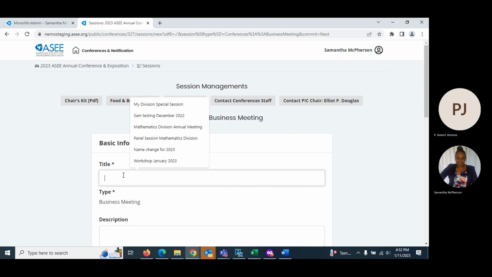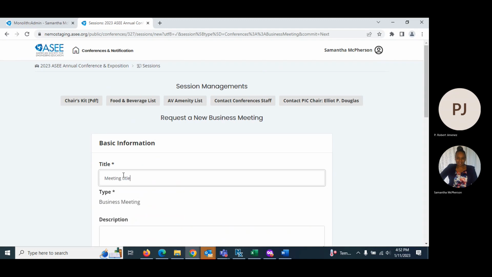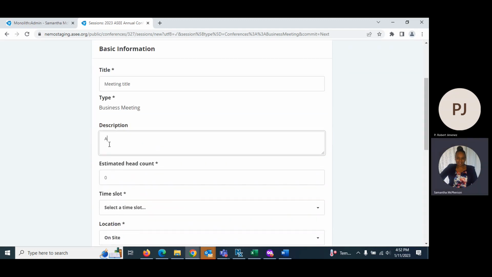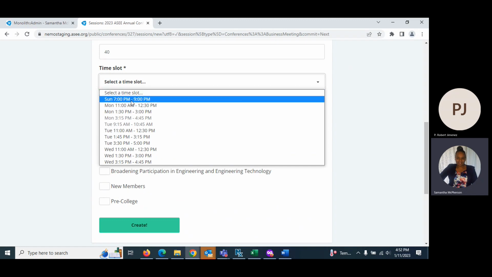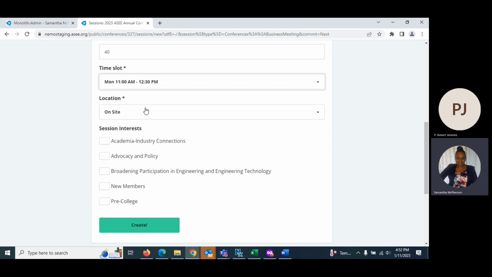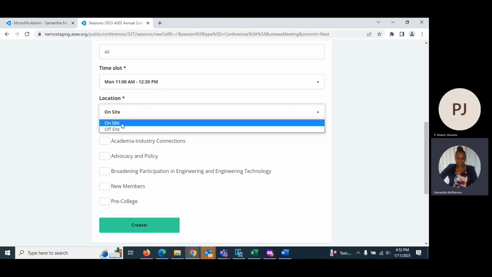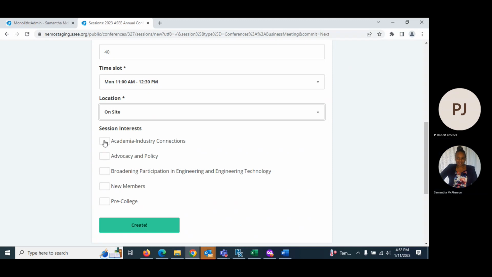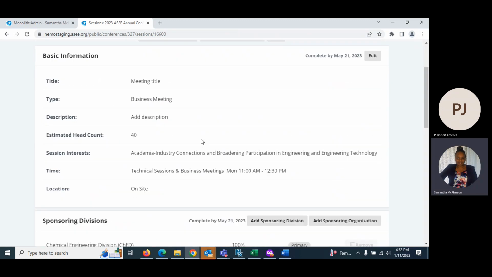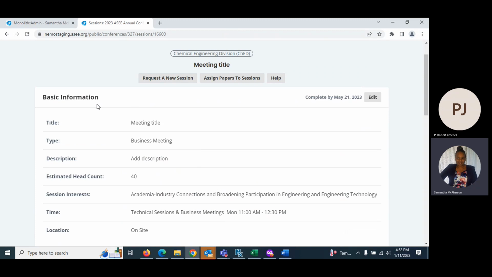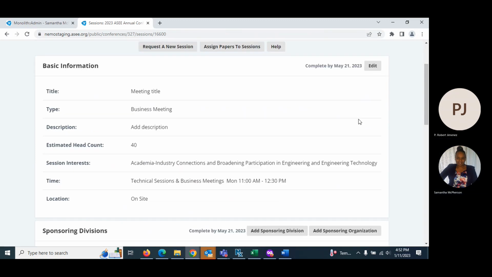Title. Description. Estimated head count. Select a time slot from the time slot provided. Location, we have 2 options, on-site or off-site. We're going to go with on-site, and select your session interest. Create. The first set of information you just entered is under the basic information tab, which you can edit by